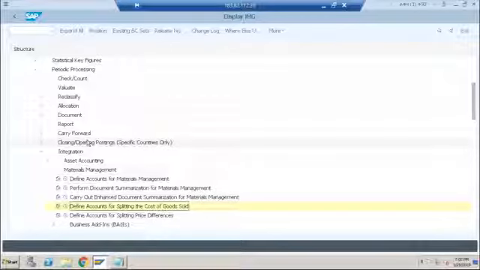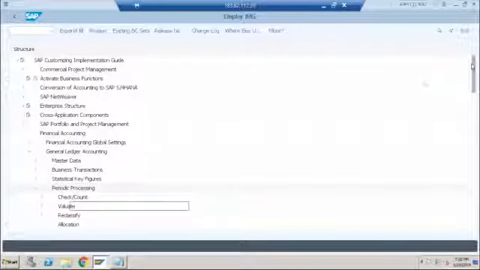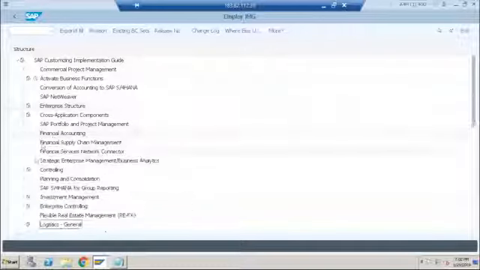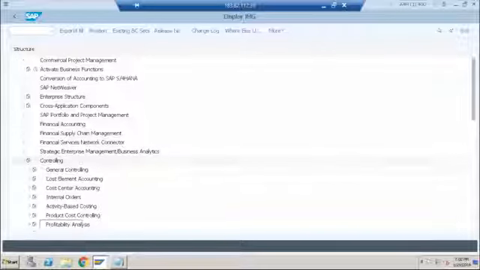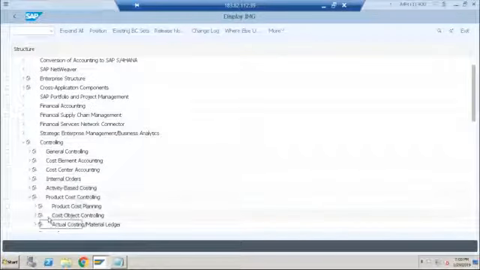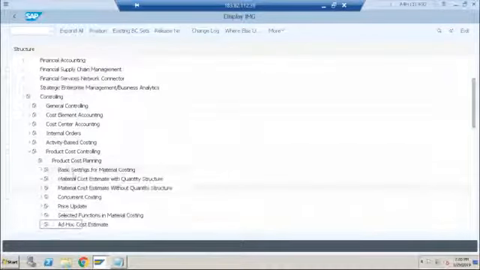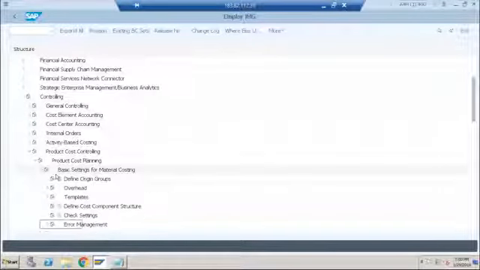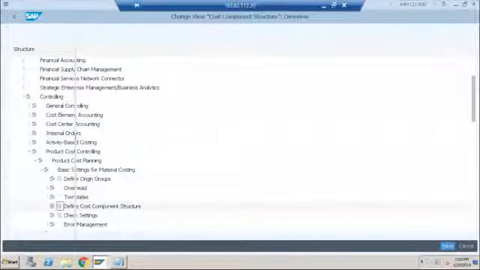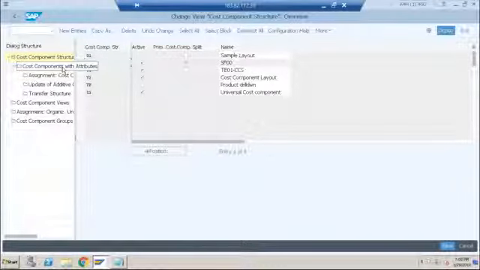So, Gaurav, the cost component structure will be a GL account, right? No, the cost component structure, if you go to product costing, let me show you. Normally in controlling, under product cost controlling and product cost planning, this is the cost component structure where you define. I already created one for our company, but in the last step I'm getting some errors, so maybe I'll try to solve this and show you once again.